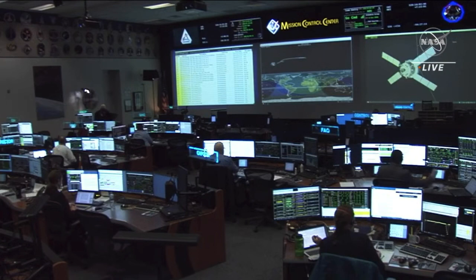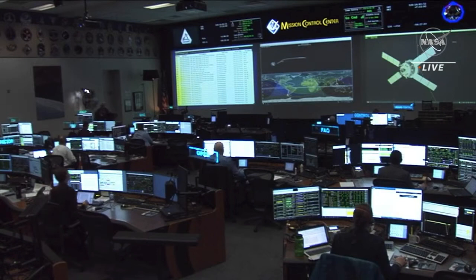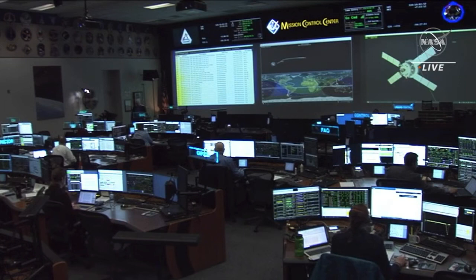The White Flight Control Room has been used before during some space station missions and during missions of Boeing's Starliner. Previously, this room was used for space shuttle missions and was also renovated in 2014 to support our use with the Artemis program. So, speaking of Artemis, earlier today, the Space Launch System blasted off from Pad 39B at the